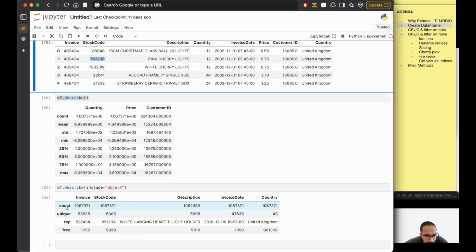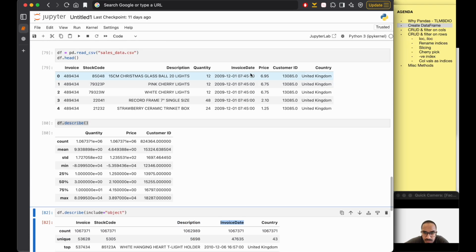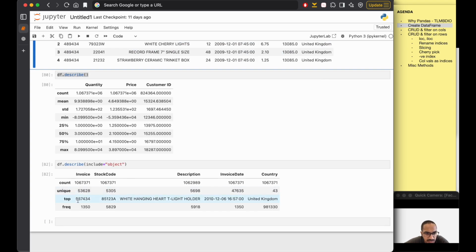So it's saying there are these many values of stock code, obviously, and then there are only 5,305 unique values of stock code, and the description there is 5,698, invoice date. So these are all non-numeric values, country, and then the